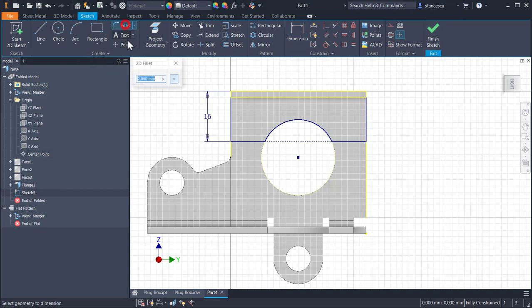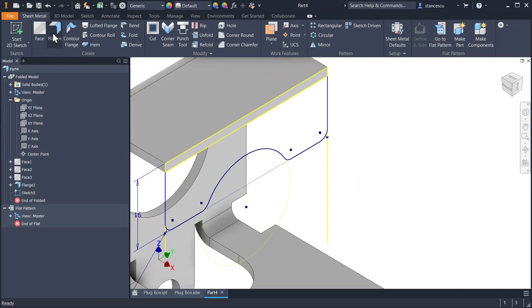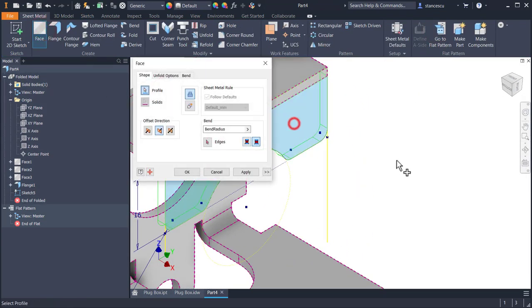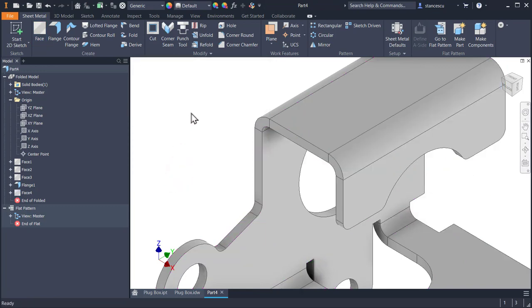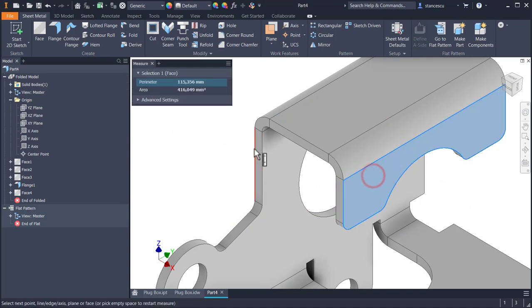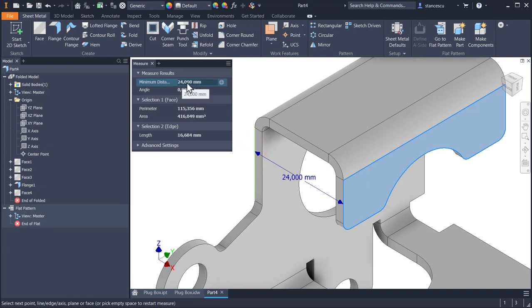Apply fillets separately because there is a line behind. Separately all of them. Finish sketch. Face to the inside. Okay, the distance is, let's measure it from here to this line, is 24. Okay,